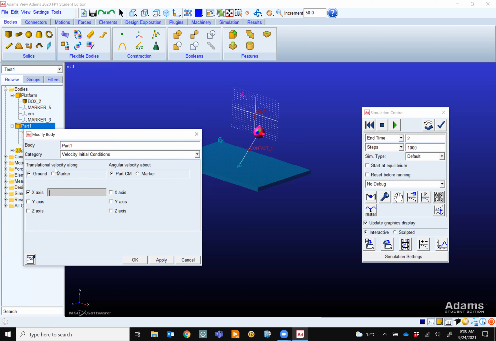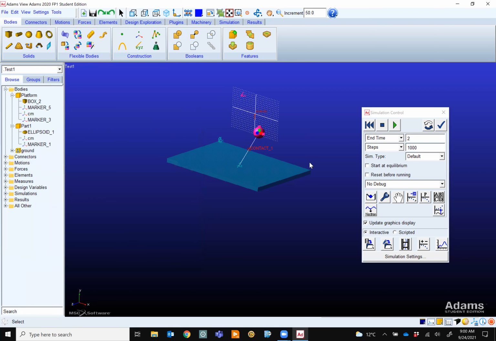Remember this is velocity, right? On the x-axis, I want a velocity of 1,000 millimeter per second, so at the beginning it flies off. Yeah, 1,000 is too much. 100. And if I also want rotation, for example spinning around the y-axis by 500, it does it for me as well. So initial velocity and other things you can explore on your own.